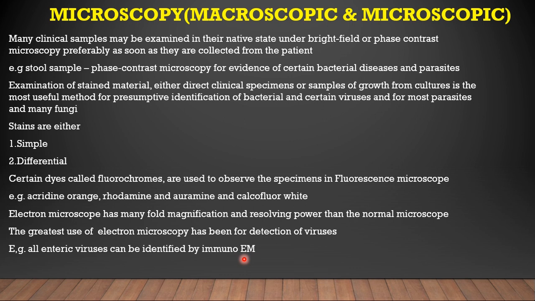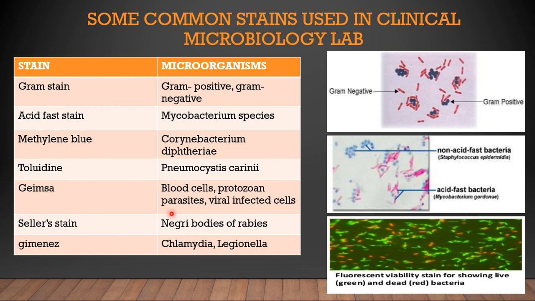So these are all the things happening in the microscopy step, which is going to be considered as a presumptive identification. So here are certain different stains that are used to identify the microorganisms. For example, check the Gram staining. If you have the pink color, those are going to be called gram-negative bacteria. If they are purple or violet in color, they are going to be considered gram-positive.